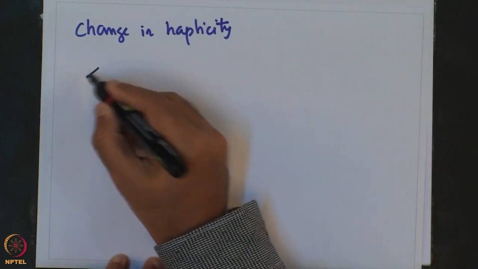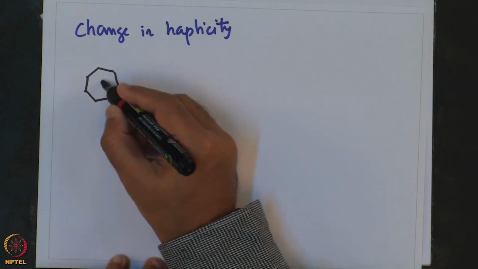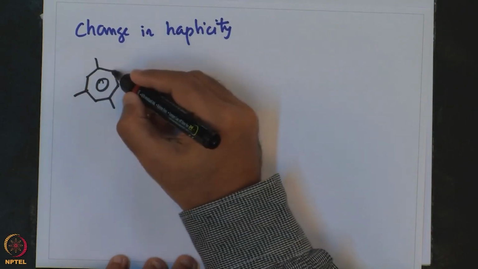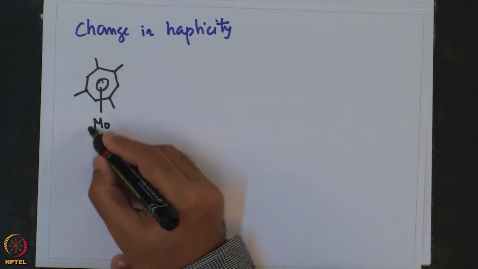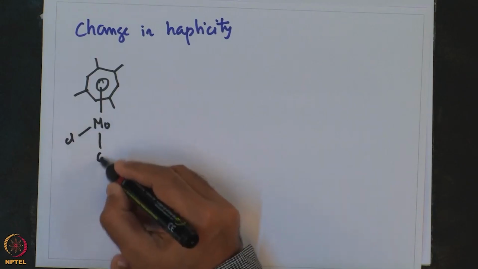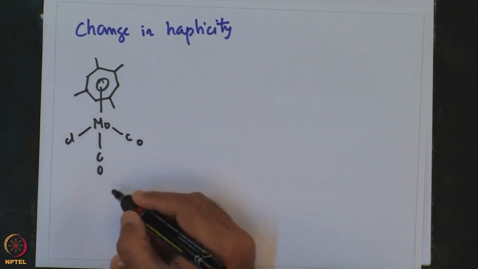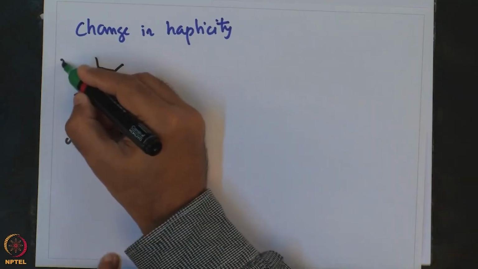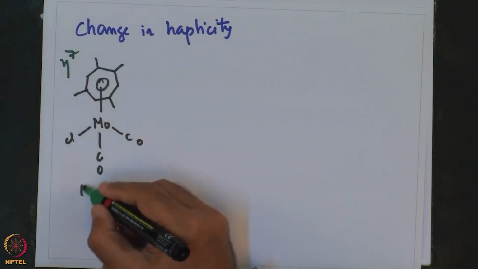So, for this substituted molybdenum chloride CO, this is an eta 7 compound and 18 valence electron